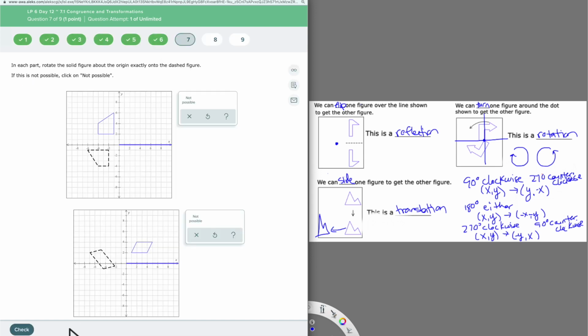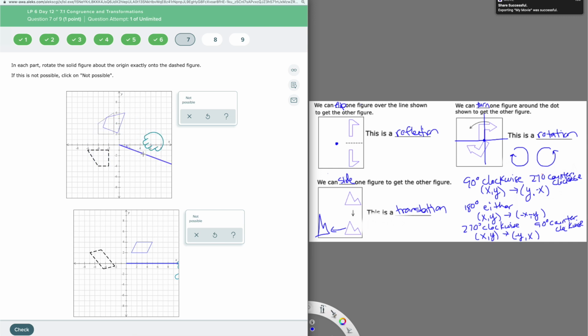So on this guy, we're going to see if we can rotate him. So we're just using the rotation tool here. So I'm going to click on this rotation tool and I'm going to see, can I rotate it to get to that figure? And it looks like I can. So I went 270 because we can see 1, 2, 3 turns. But I could have also gone just 1 turn